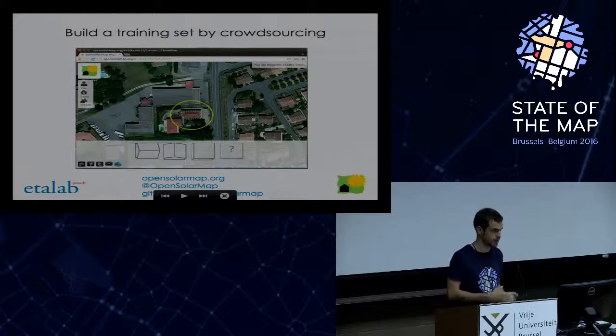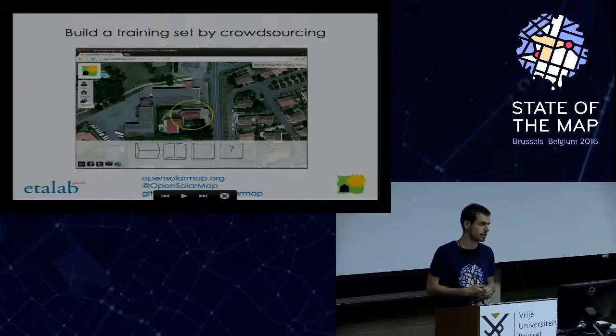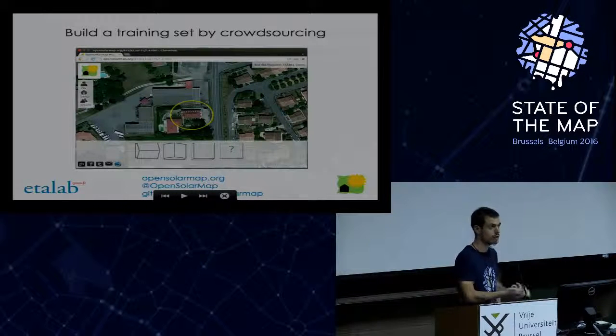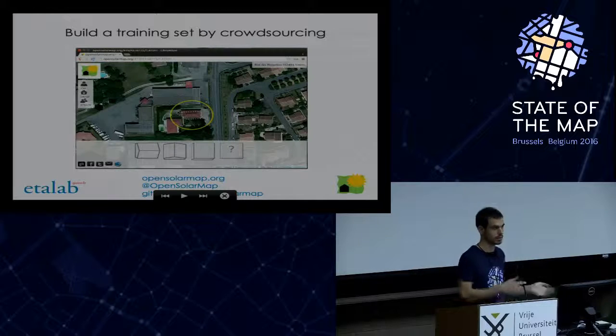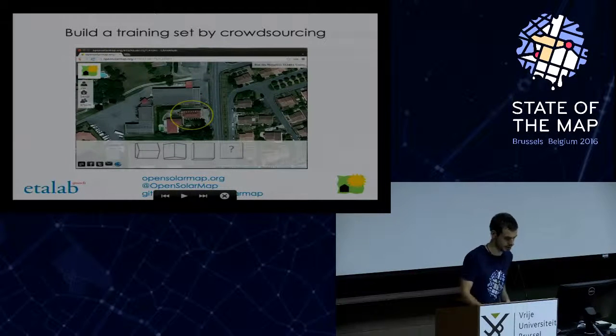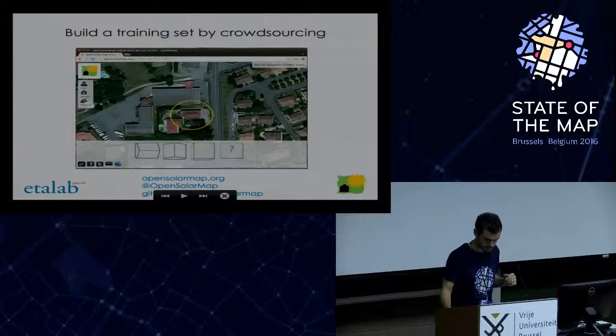But building a training set usually is a pain, because you either have to do the work yourself, which is quite boring if you do it alone, or you can pay people to do it on Amazon Mechanical Turk or other platforms, but it's really not ideal usually. But Christian Quest had the idea to build a crowdsourcing platform